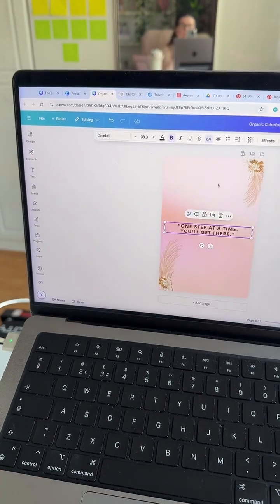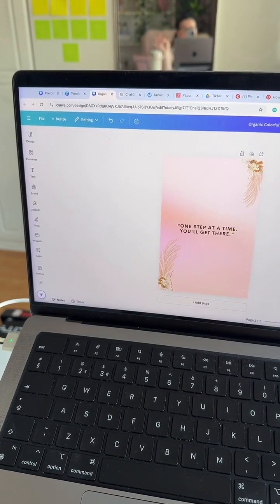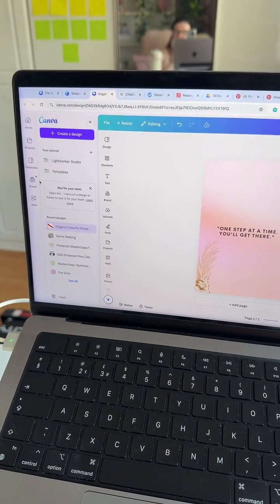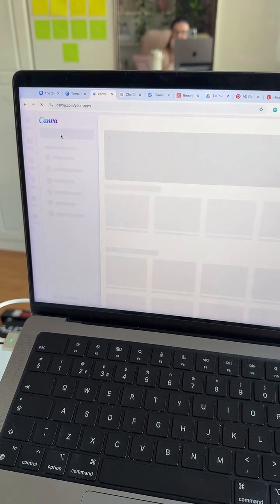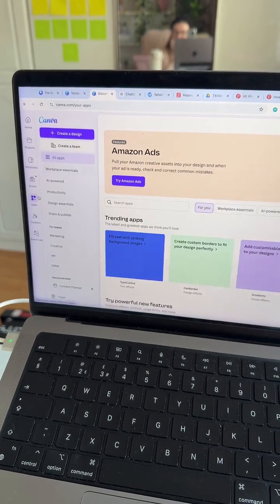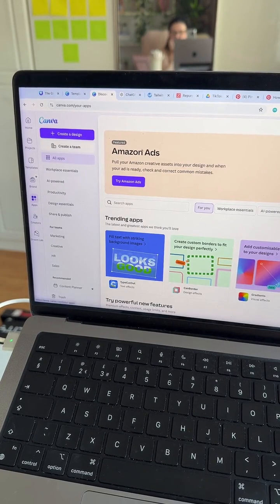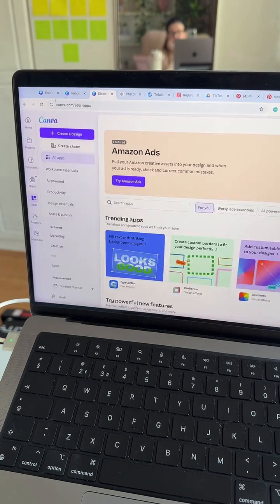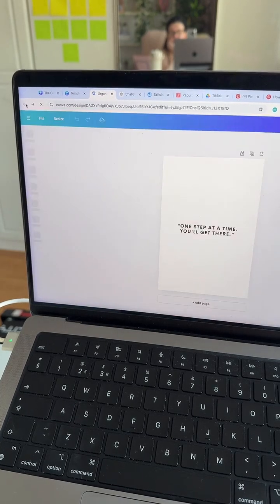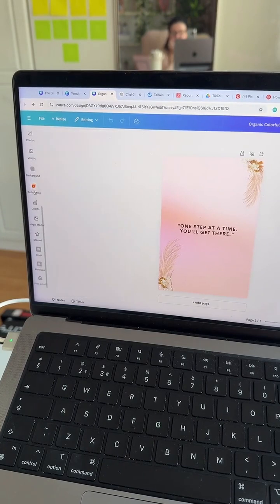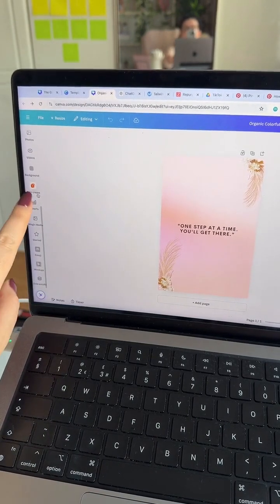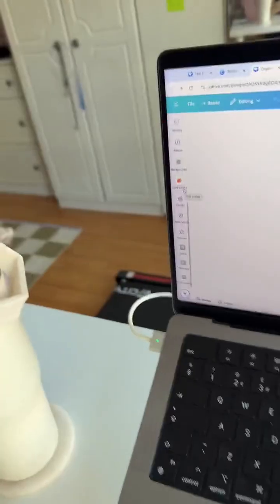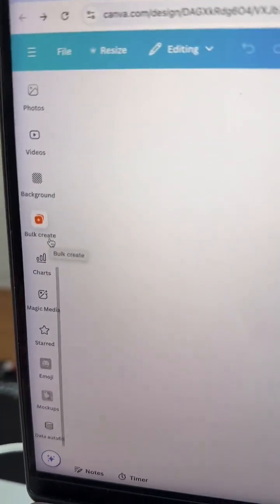So I'm going to go over to this. I've chosen this one. Again, I don't know if I actually like this one, but just for the sake of this training, I'll show you this. So I'm going to go over to the menu and go to apps and look for... Oh, what's just happened there? Did I not open that up? What is going on? There we go. It's already here. Bulk create. So you're going to look for this. I'll just get it a bit closer so that you guys can see what it looks like. Bulk create. Okay.